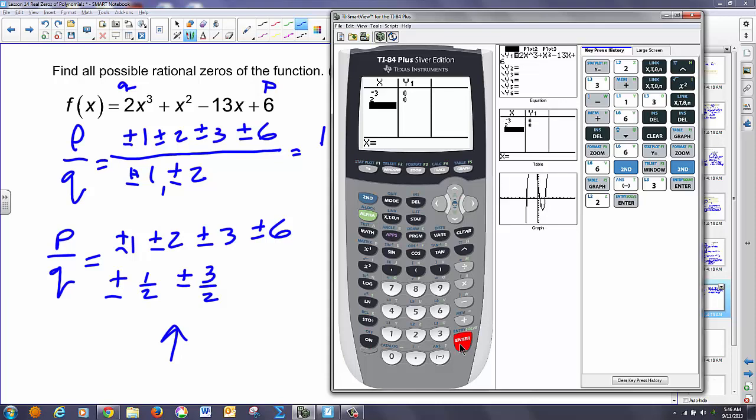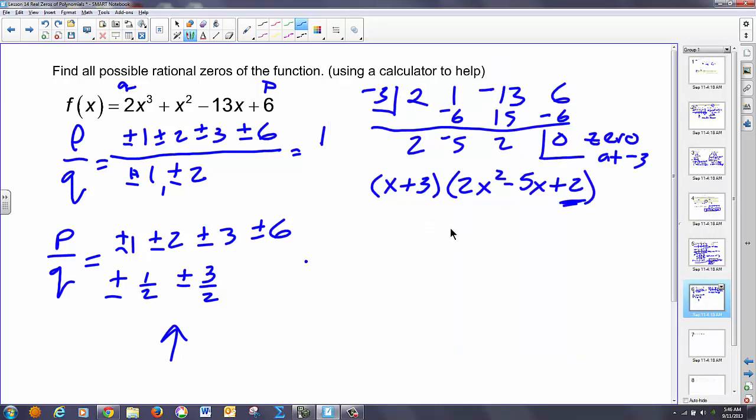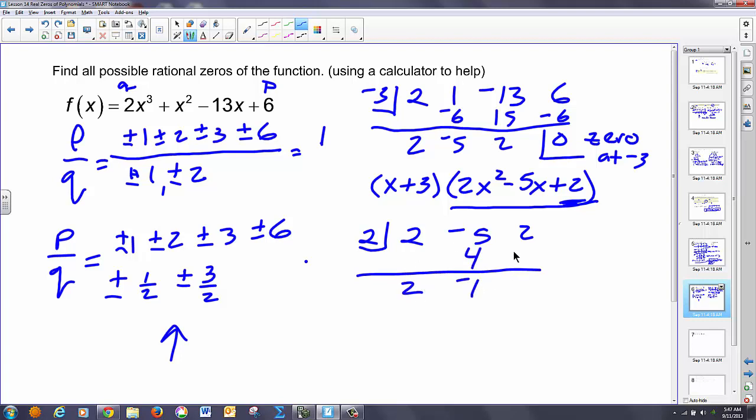And I notice, hey, 2 works as well. So I'll go in, and I'll say, okay, well, now if I take and divide into 2x squared minus 5x plus 2, and I divide 2 into that, and I've got 2, -5, and 2, this should also equal 0. Bring my 2 down, get a 4, -1, -2, 0. So again, I have a 0